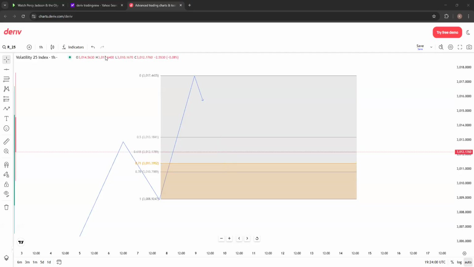Since, if you are doing your analysis in H4, then your entries must be in M15, right? So what does this mean? This means you have to zoom into M15. M15 is going to have its own market structure, right? What we want to see from that M15 is a shift of market structure,